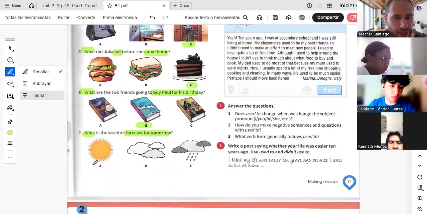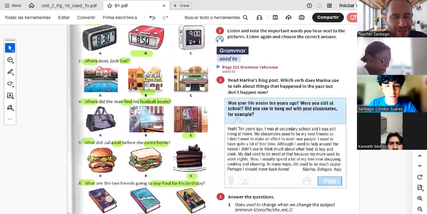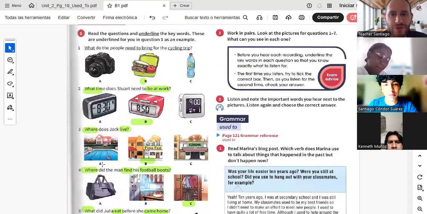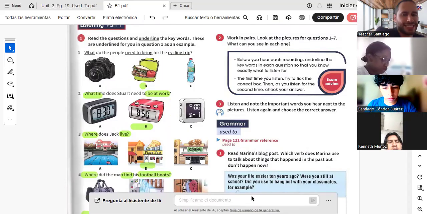Letter A. So, guys, I won't tell you yet if it is wrong or right. No les voy a decir todavía si está bien o mal. So far, we're going to listen again. Ya tienen una idea, escuchen de nuevo y asegúrense de sus respuestas. Les voy a decir que si hay algunas malas, ¿sí? Para que se vayan con esa idea de que si hay algunas que deben corregir. So, let's listen again.